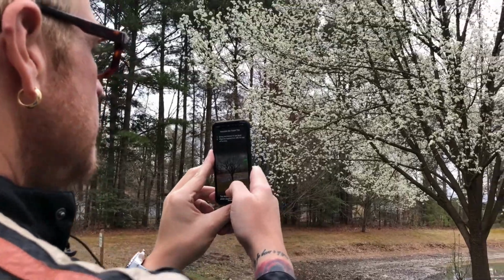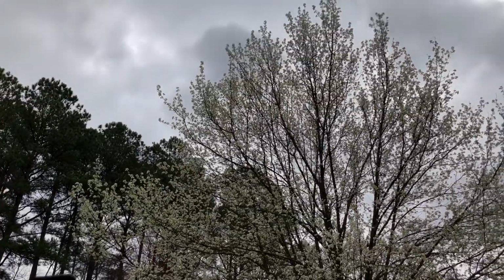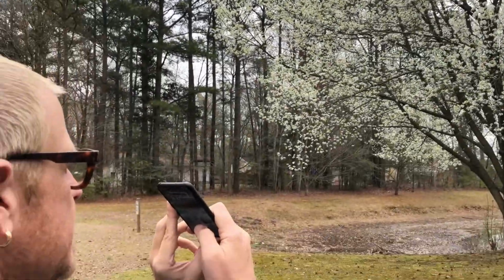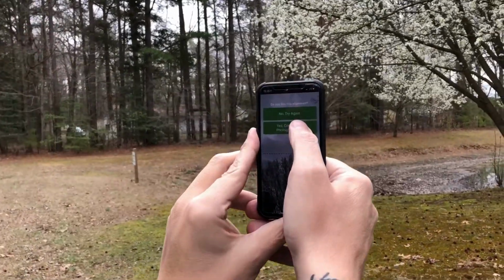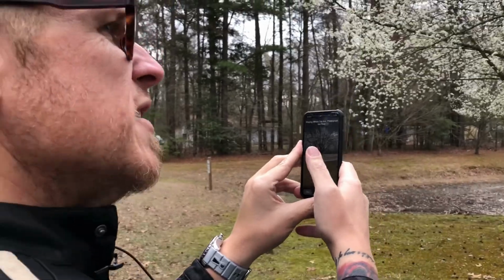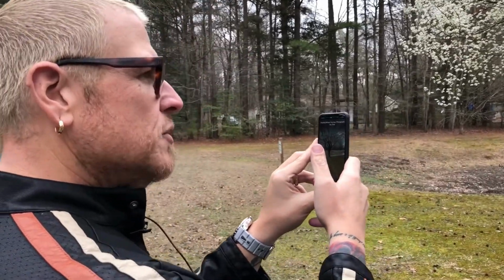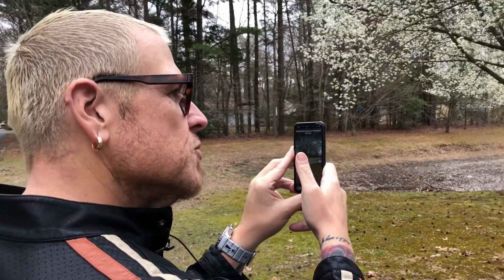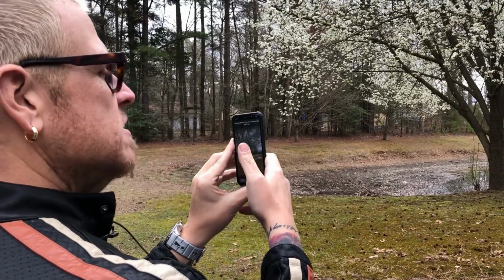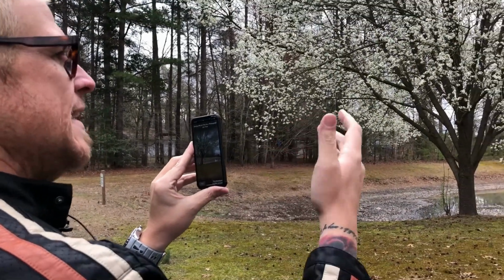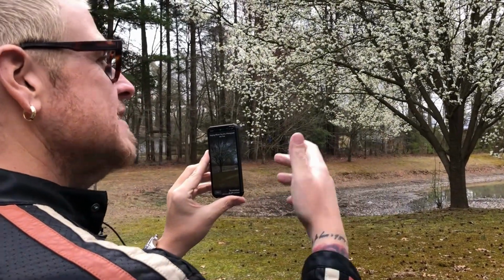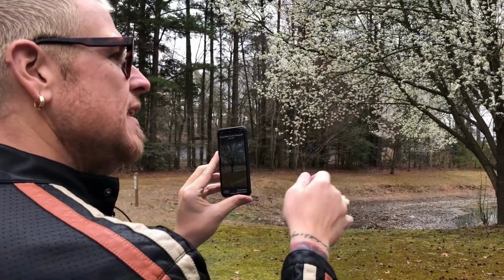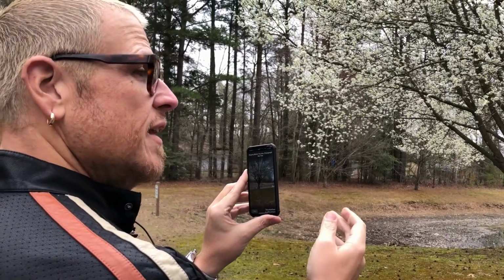Keeping it at eye level, you're just going to angle the phone up to the top of the tree. And there we go, we're at the top of the tree. We got the top of the tree. So what we're doing is measuring the angle from your eye level to the base of the tree and the top of the tree, and your phone uses the internal magnetometer, and the app uses that information to calculate these angles in order to measure the actual height of the tree.